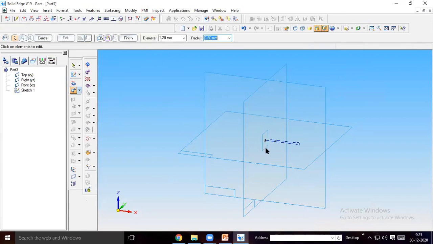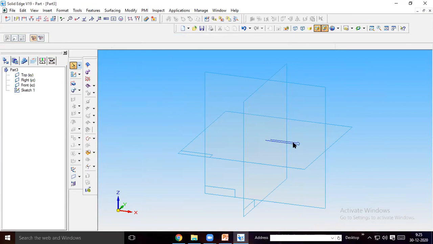Select the 1.2 curve you drew. Then finish. Then cancel. It's not taking. Let me check the connectivity of the sketch.